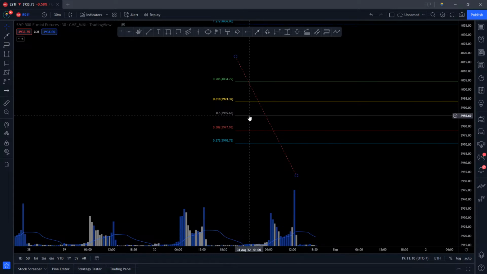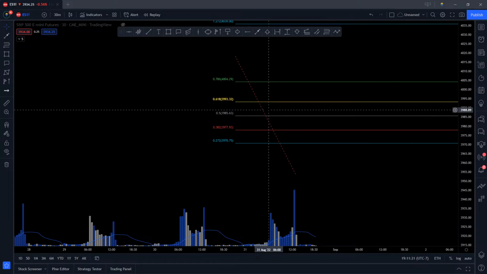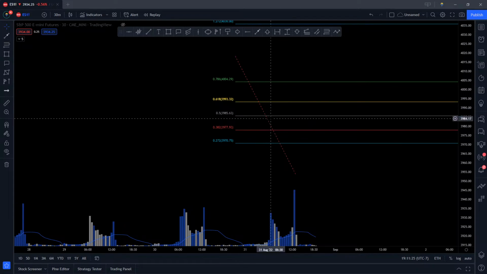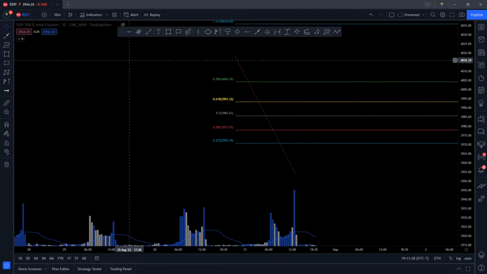So our 50% fib here for D-shaped volume profiles, when price crosses above the 50%, you're going to take calls and play them up. And when price crosses below 50%, you're going to play it down. And so if we look at our candles again,